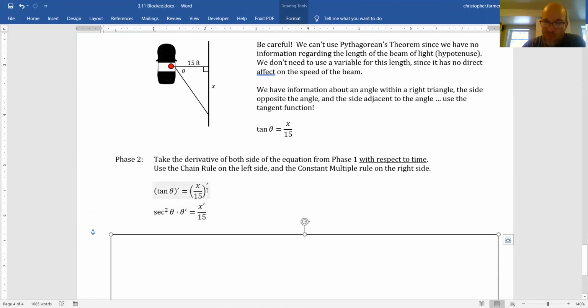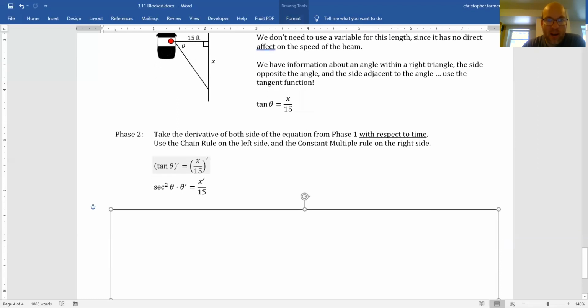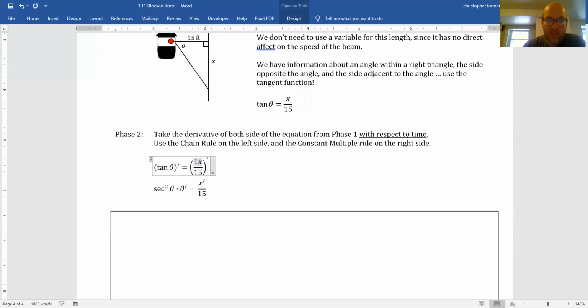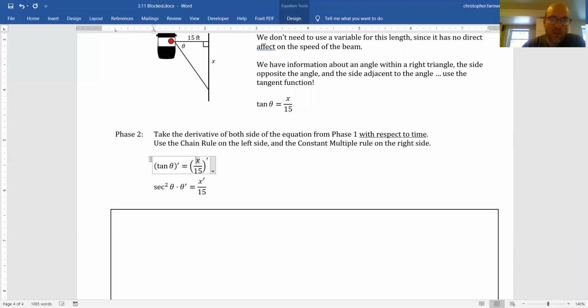On the other side, you might be tempted to use the quotient rule here, but be careful, there's no variable in the denominator. So we've seen this in previous talks. If you have just a coefficient down there, this is nothing more than the constant multiple 1/15. And so we just keep that 1/15 and take the derivative of our variable. So we get x prime over 15. Okay. And now that we have that relationship, now it's just a matter of